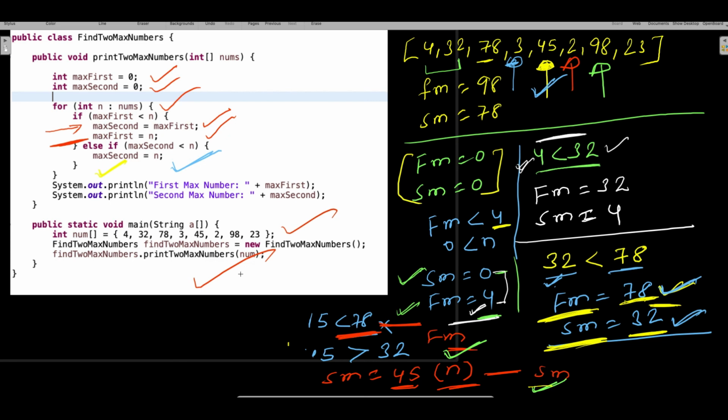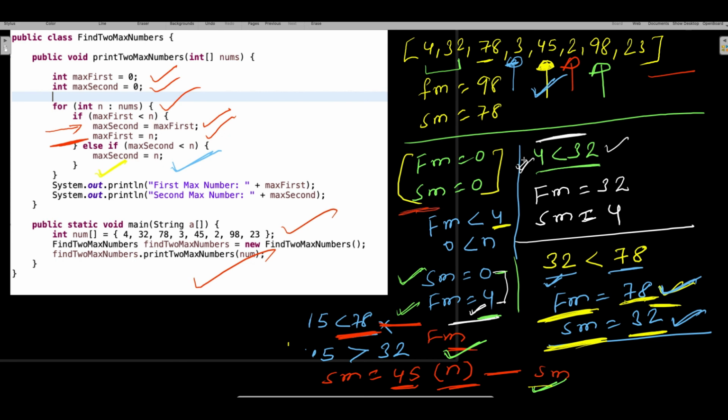So now, this program is very easy. You try to approach it the same way I did. I took the array, considered 0 0, started comparing with the first, second, third element and so on, and started writing the logic. When I was writing the logic, it came to my mind that whenever my first number is lesser than the number I am comparing with, my first will become the number I am comparing, and my second will become the first number, because whatever I had assumed as my first number itself became the second number. So of course my second largest number will change.